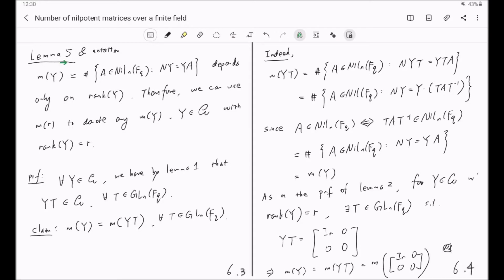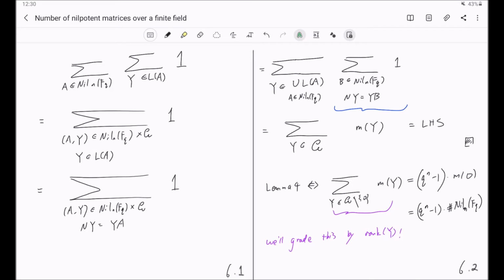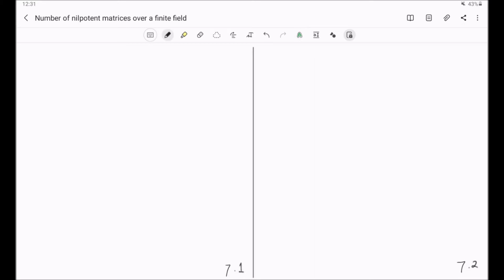Now with our lemma 5, we'll be able to simplify this summation a little bit. We'll be able to grade this by the rank of y. Specifically, we have q raised to the power n minus 1 times the number of nilpotent matrices